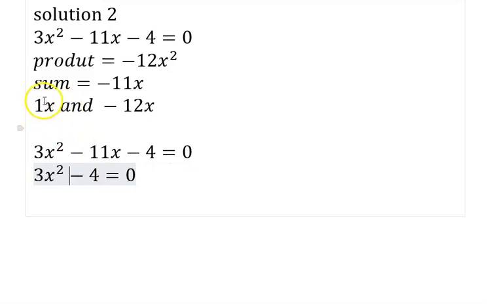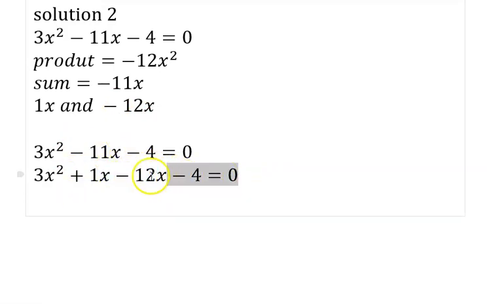Because it's plus 1x that we have here. Okay, let's put the 1 so that some people will not get confused. But if you say x, you are still saying the same thing. So let's just put our 1x. 1x is still the same thing as x. Then minus 12x that we have here. Beautiful. So instead of what we have at the middle, we just put what those numbers we have come up with. So having done that,